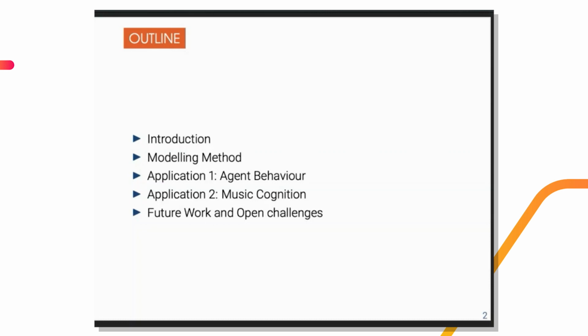And I'll follow that by describing two quite different applications of this method. The first is looking at sequences which describe an agent's behavior in a kind of minimalistic grid world maze. And the second is looking at music sequences, so trying to model the perceptual or cognitive structures in music. And then I'll finish by talking about what we're currently working on in terms of next steps in terms of all this work, and specifically two open challenges which we don't yet have solutions to, which I hope you'll find